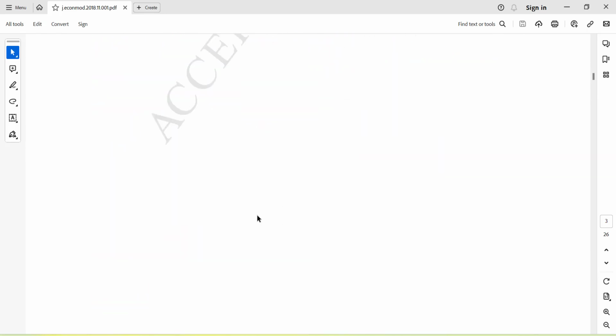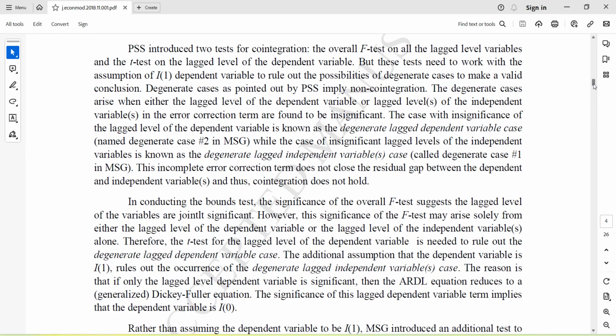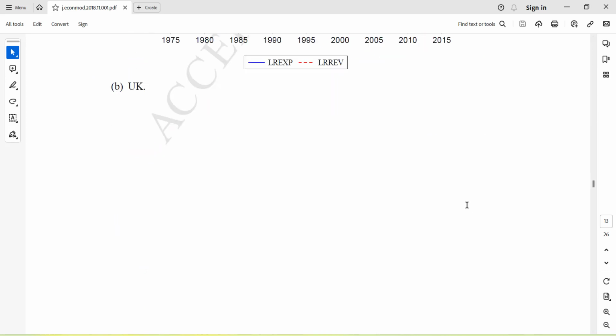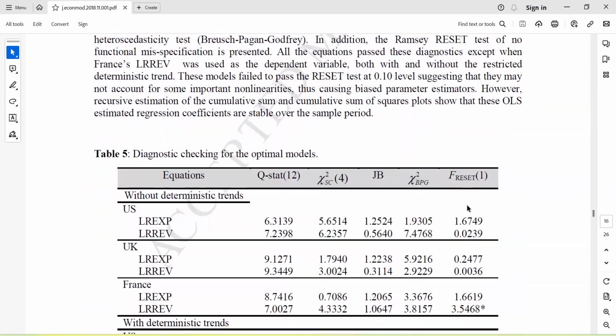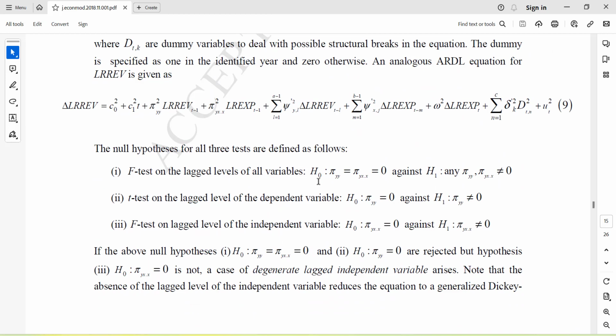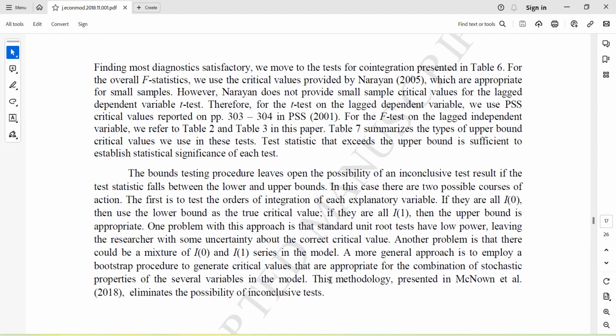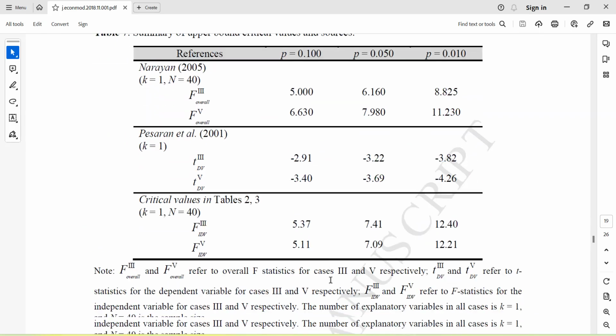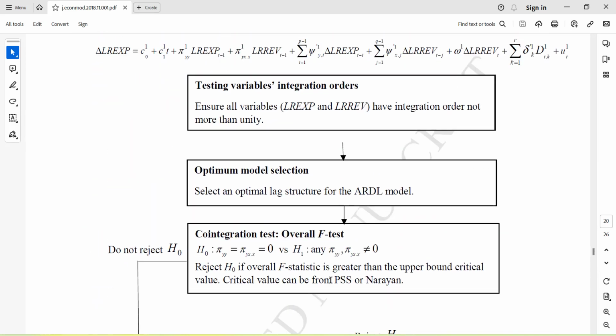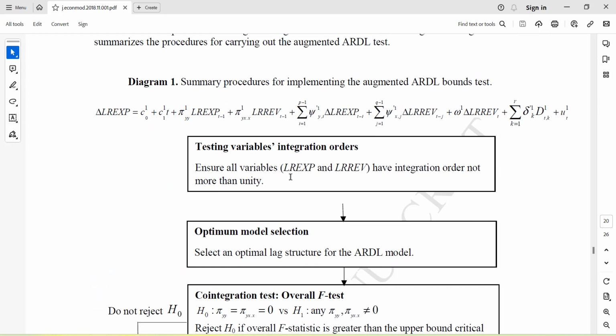In this paper, they have discussed that the critical values and the cointegration of the variables also depend upon the other variables that are there as lag variables, because there is a spill lag effect that may come into the long run. So they have made a flowchart talking about what happens when you have two variables,